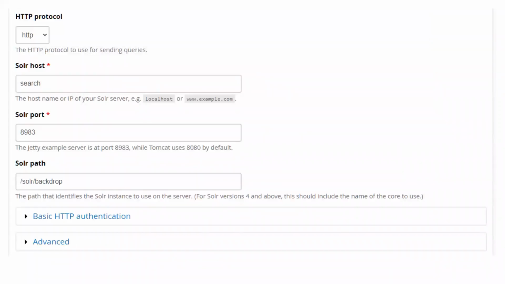And then it automatically spins up on port 8983. You can change that in the Lando file if you want to. And the part that was slightly confusing was the Solr path, because in the Drupal 9 module, there's actually 2 fields for that. There's Solr path, and then there's the name of the core. So I didn't quite know what that meant the first time I tried to configure this, but it worked out